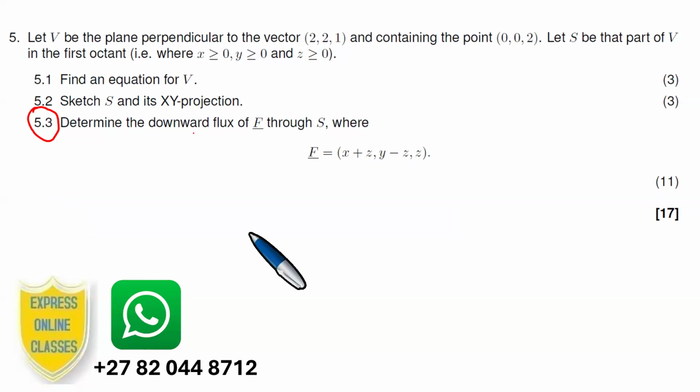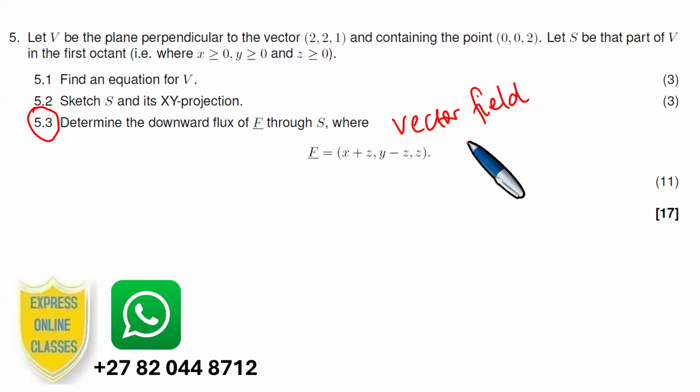How do we determine the downward flux of a vector field? Now, to find the downward flux, we need to first consider